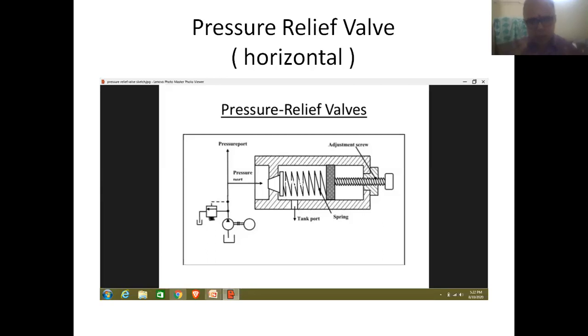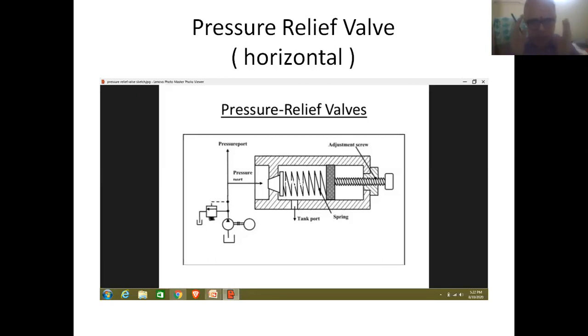Now friends, after a certain period of time, again the pressure of the fluid will be falling back to the normal value. So in that situation, supply of fluid is cut off into this pressure valve. As a result, by virtue of spring action, the element moves in reverse direction, this direction. Ultimately, the valve will be automatically coming to closed position.